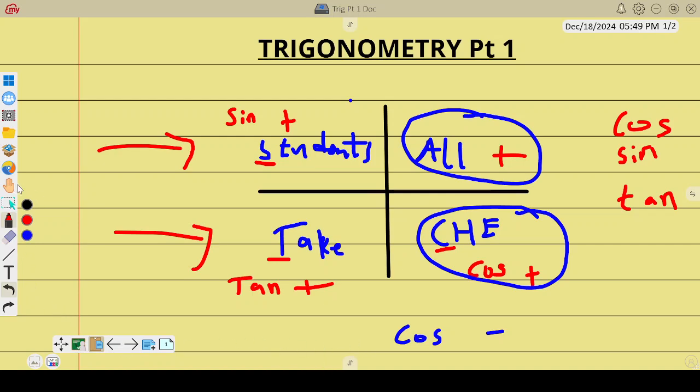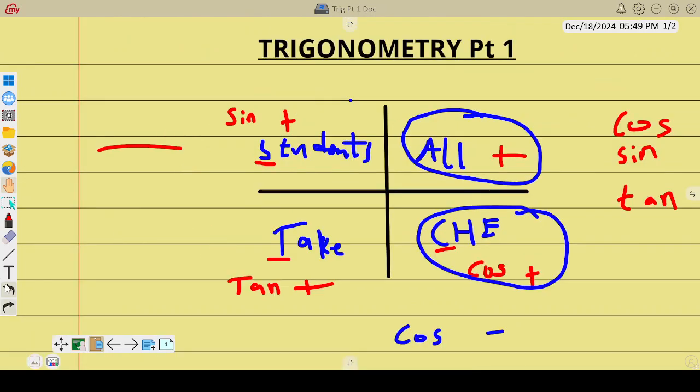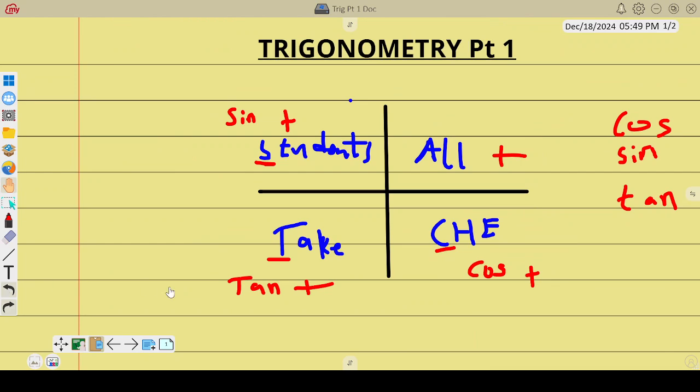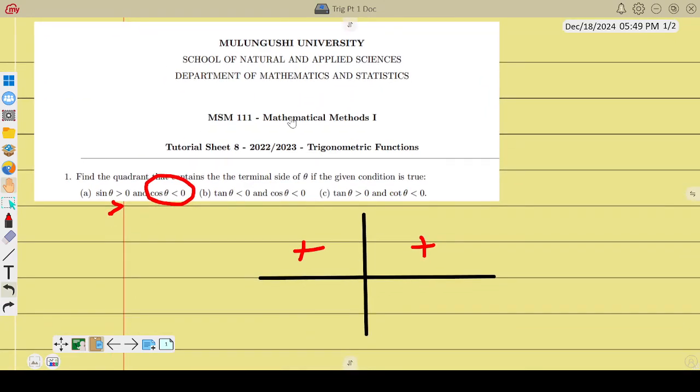Okay, now proceeding to our question. Here we identified where sine is positive: in the first and in the second. And we also want to know where cos is negative: here and here. So we can check which quadrant has both. It's the third quadrant. So the answer for question